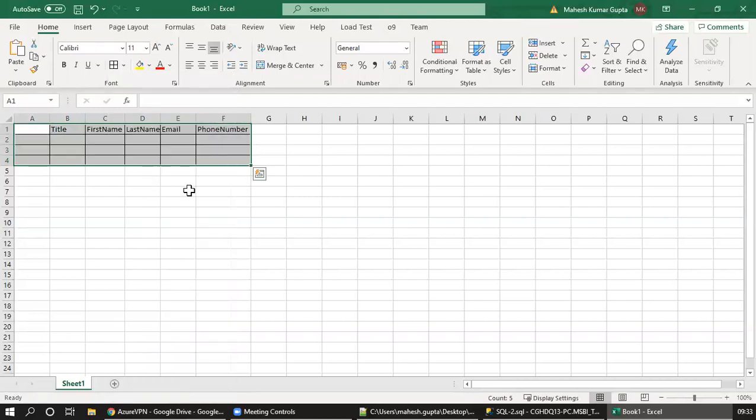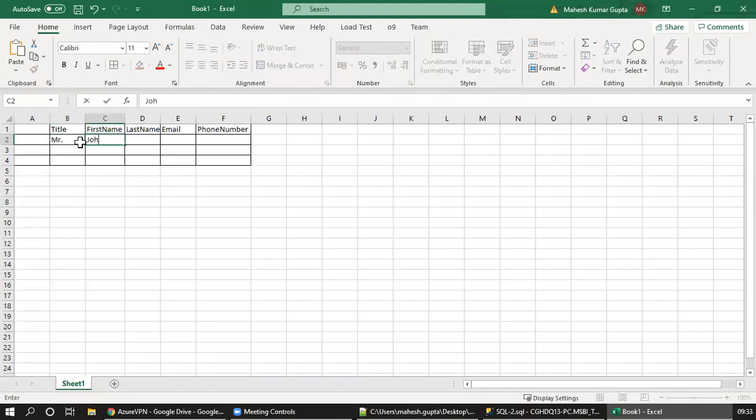I'll do the same thing in SQL. Let's say we have some data. I'll just enter one row, John, some email, and then some phone number. Similarly, you can have other pieces of data, but what I'm trying to say is we'll have this kind of structure.